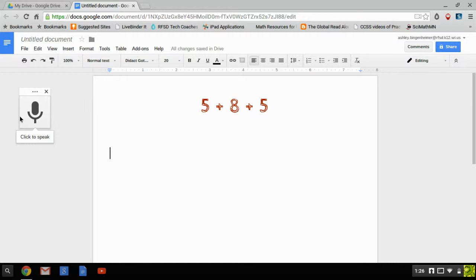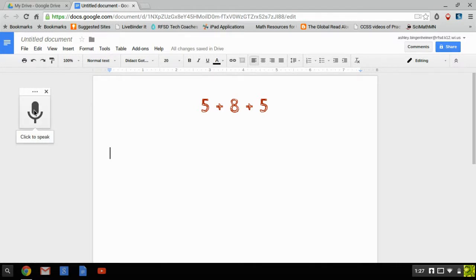So I wanted to share a math application for you. Earlier this week I blogged about students writing quick journal entries to explain their process for solving problems. And that can be really challenging for students who aren't used to doing that or maybe haven't developed the academic vocabulary to write about their procedures yet. But this might be a way where if they have a problem like 5 plus 8 plus 5, they can verbally explain what they did to combine those numbers, and it's kind of like a bridge between verbalizing their explanations and then being able to write them down.